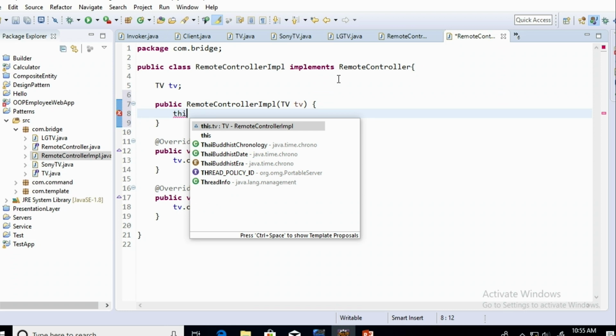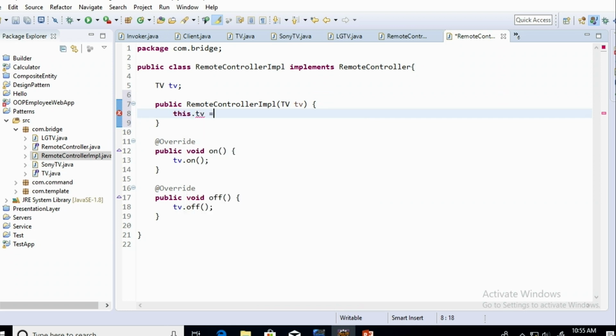Now it's done. So let's say for this TV object, if I pass a Sony TV object, it calls the on operation of that particular Sony TV. If some other object comes, it calls that operation. So this is how we distinguish these algorithms, right, in this remote control IMPL.